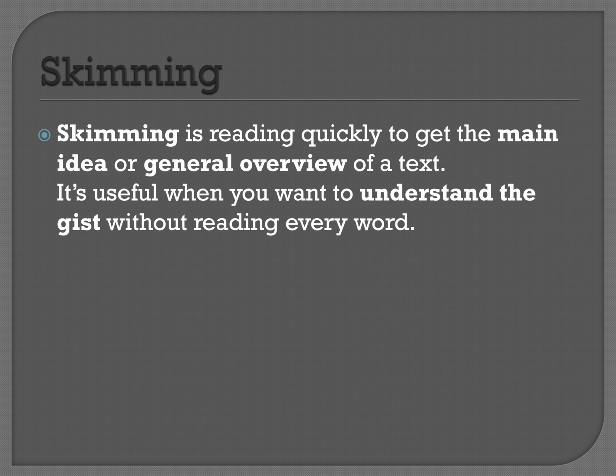For example, let's start with skimming. Where do we use skimming? Skimming is actually reading quickly to get the main idea or general overview of a text. It's useful when you want to understand the gist without reading every word. So, if you want to know the whole of the text, if you want to have a look at the text and just know the important things only,